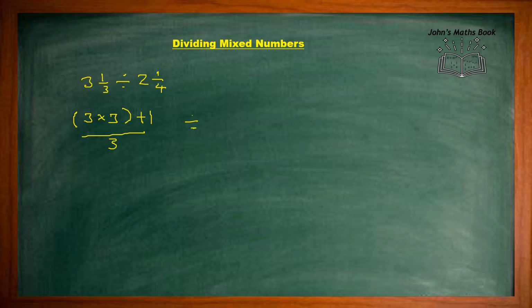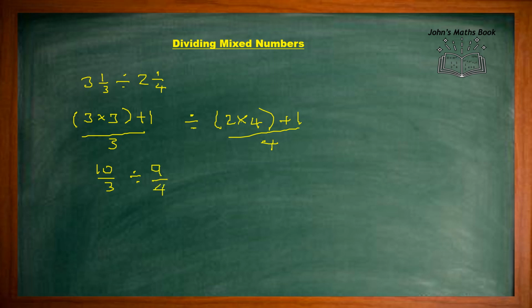and then that is divided by, and then let's do the same for the other mixed number. So it's 2 1/4, so it's 2 times 4 plus 1, divided by 4. So let's expand that out. 3 times 3 is 9 plus 1, which is 10, divided by 3, and that's divided by 2 times 4, which is 8, plus 1, which is 9,